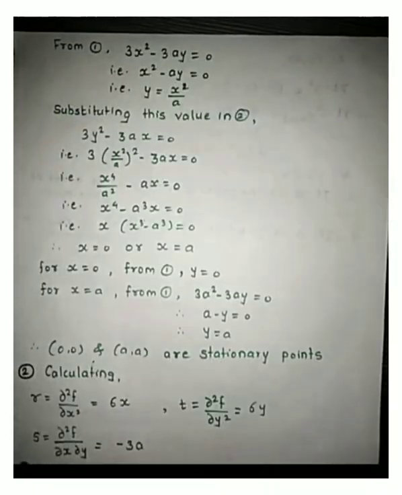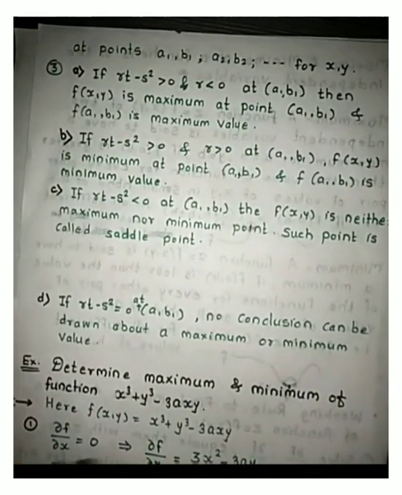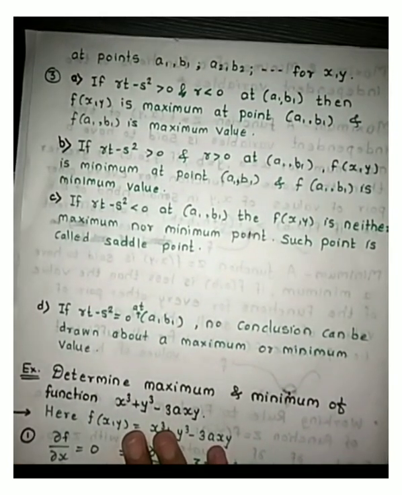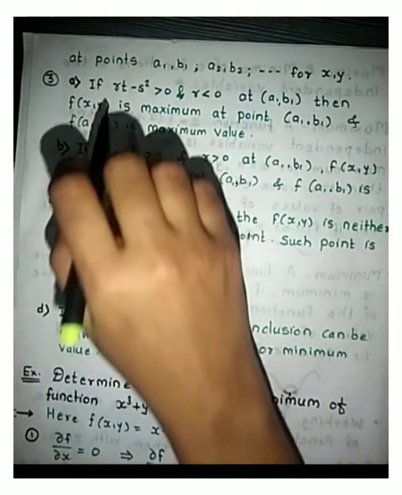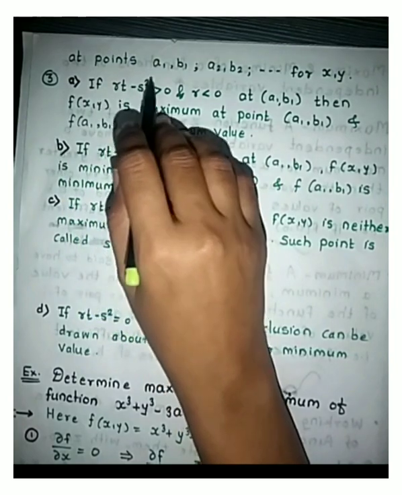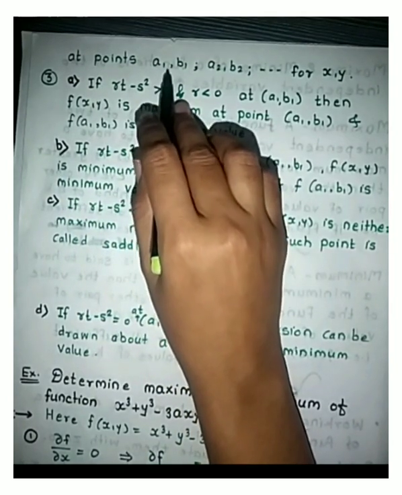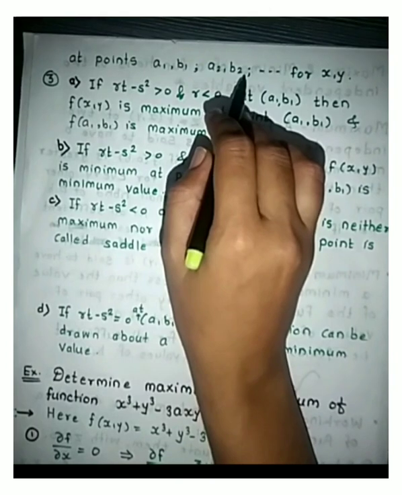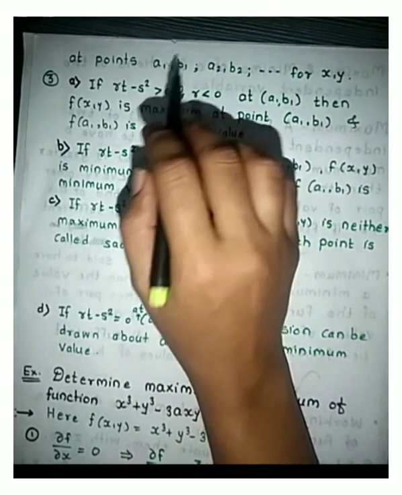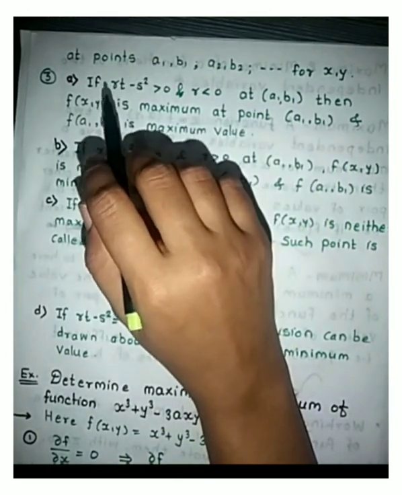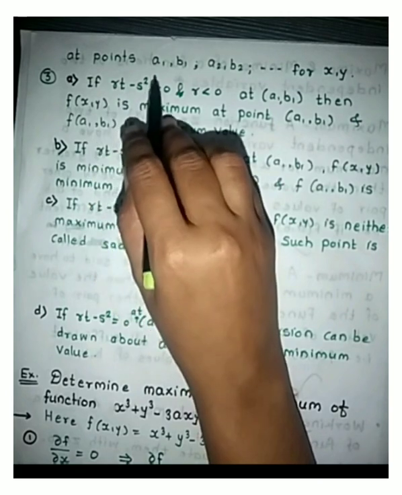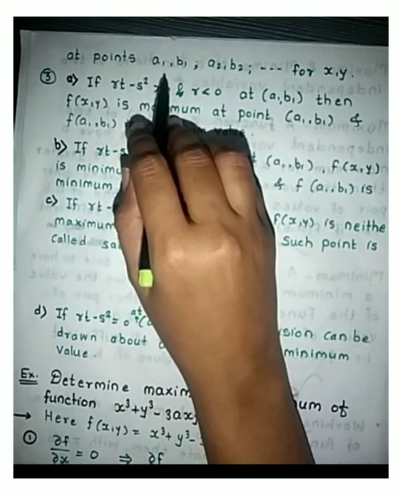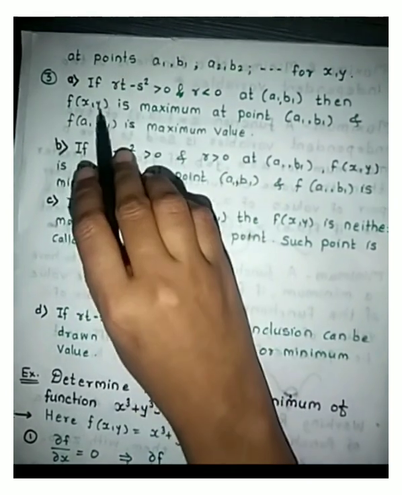Now calculate the values of R, S, T at these points, which are (a1, b1), (a2, b2), that is, at the answers of the simultaneous equations. Calculate R, S, T at these points. Third step is,